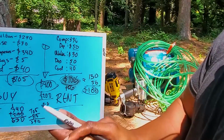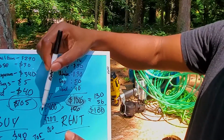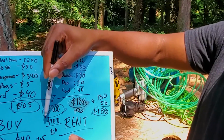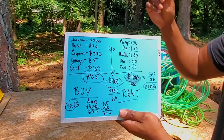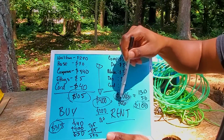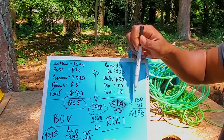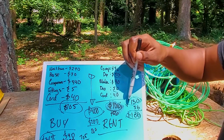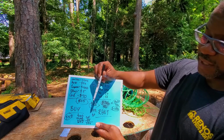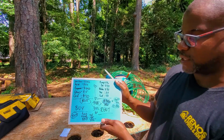Now, as I said, on this tool, I believe this is a very conservative number. So let's just pretend that you can actually get $300 for this, okay? Now your price to do the job has dropped down to $100. So if your price drops down to $100, now you're at the rate of what you were gonna pay to rent this tool for 1 day before you put insurance on it. So now you're at $130 here for your 1 day with insurance versus $100 here, okay? And you can see that you can play with these numbers in a lot of different ways, but you can see that when you look at a tool like this